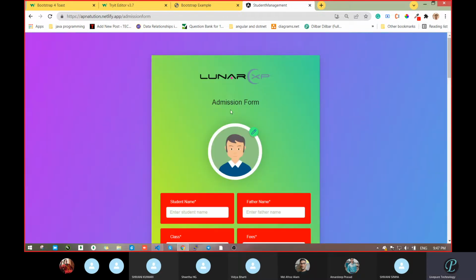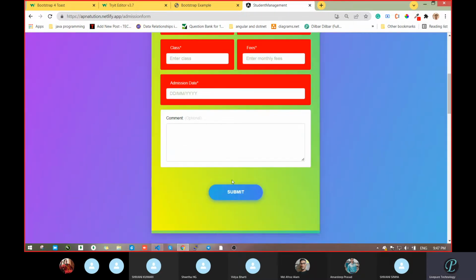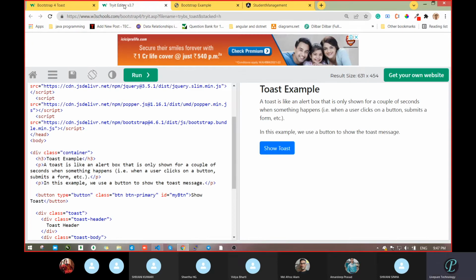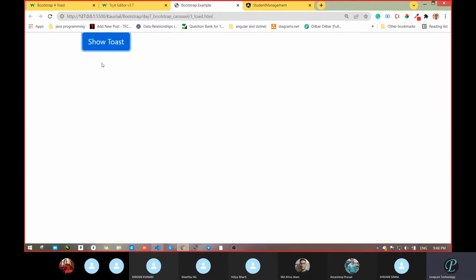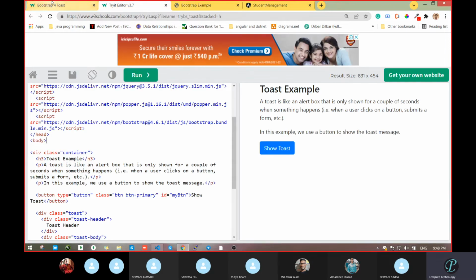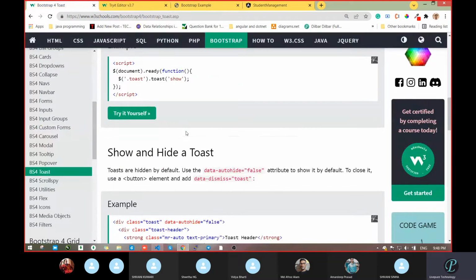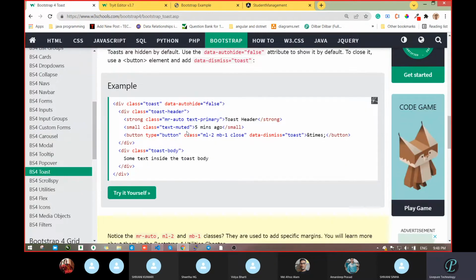Okay, so suppose you are passing any data like a success message or anything, then you will get that, meaning a different design you can use. So the same thing we are getting here: it shows some pop-up message and after some time it again dismisses. This way we can use warning, success like that. Okay, so here after 5 minutes it will be muted, something like that.